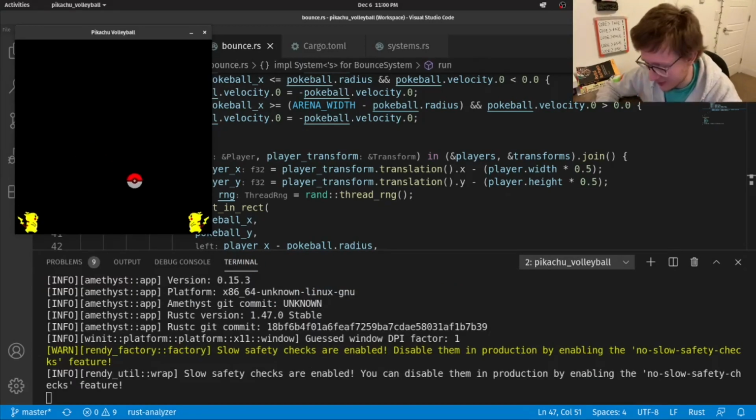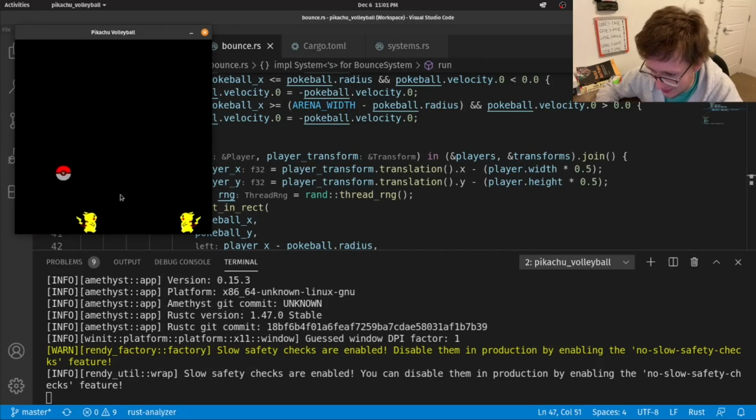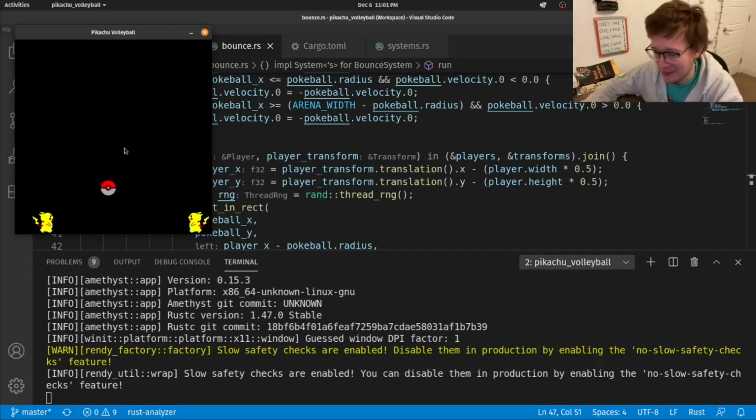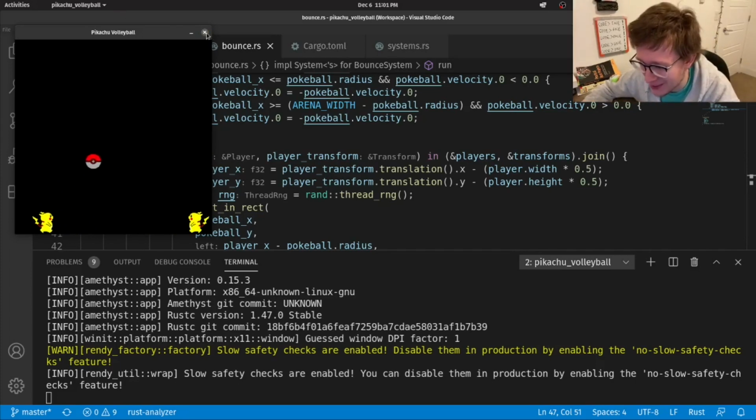And there you go. As you can see, we already have much different trajectories. We're even hitting the ground, hitting the walls. So hopefully I can get the ball out of, oh, it actually did go into right's court. Anyway, there we go. Getting distracted playing the game, but you get the idea. The game is now much more dynamic.